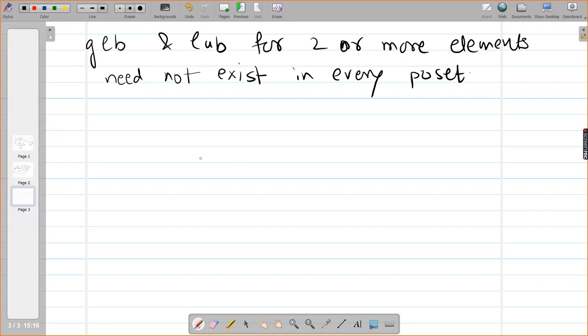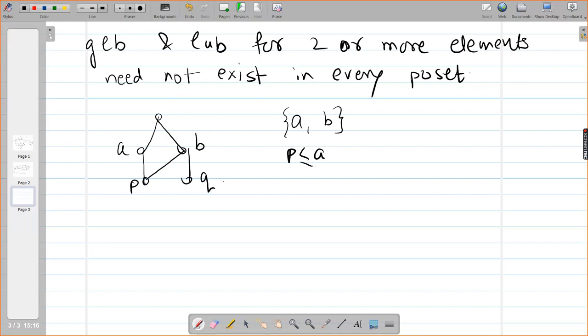For example, suppose these are my elements A, B and these are P, Q. If I take the elements A and B, suppose P is less equal A and Q is also less equal A, right? And P is less equal B and Q is also less equal B. But P and Q have no connection. P and Q are not comparable,